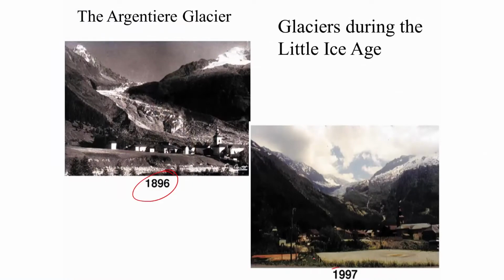So the evidences of the end of the Little Ice Age are locked into many places, like the glaciers in the Andes, the Himalayas, the Alps. So the Argentiere Glacier picture shows here the same picture. You cannot see probably, but the glacier is all the way down to this building here. The same building is still here, and you can see that now the glacier is way up there. All this part is now cleared of glaciers.